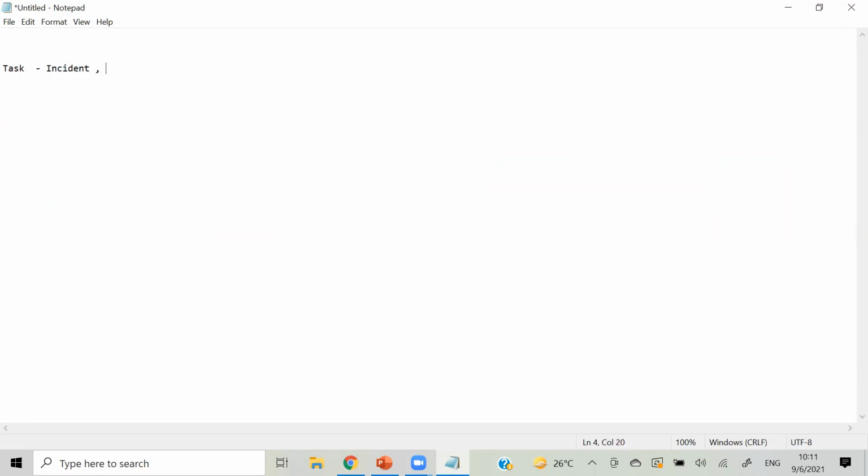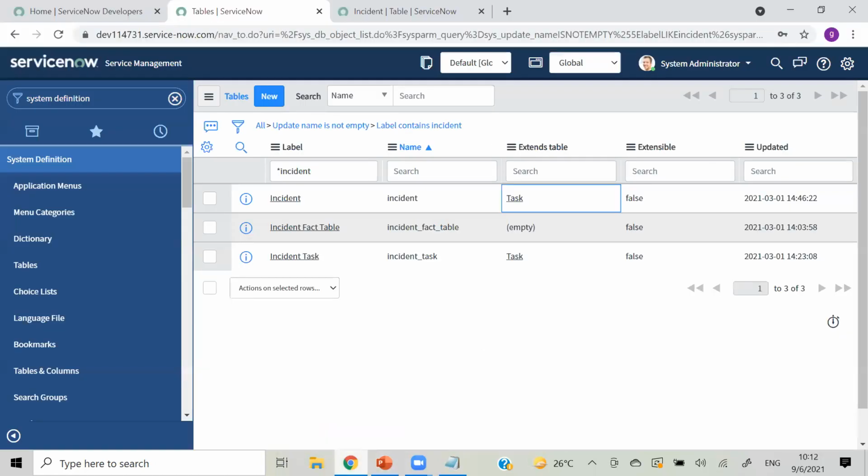Incident, problem, change management, all of this is for the ITSM modules. And we have one more thing: when you go into ServiceNow development, you will hear about CMDB. CMDB is the base table for all CMDB-related things. Based on this, we will have cmdb_ci. We will have many tables related to CMDB, but this will be our base table. And we will look into what that table is.